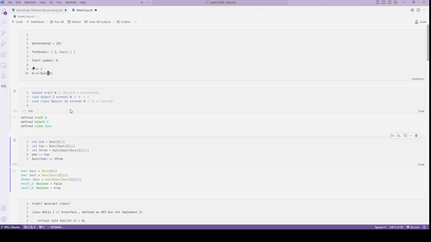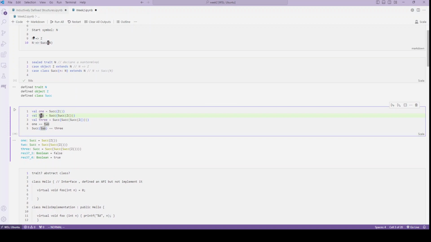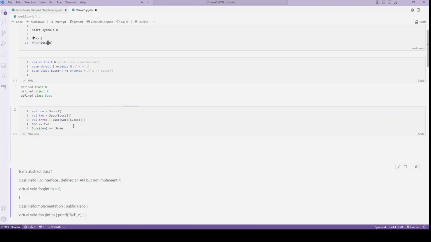So why do we want to do this? Well, we can now write down really simple descriptions. I'm going to get rid of all these parentheses. I can say that 1 is equal to the successor of z, 2 is the successor of the successor of z, and 3 is the successor of the successor of the successor of z. Then we can ask simple questions like, is 1 equal to 2, or is the successor of 2 equal to 3? And if we run this,